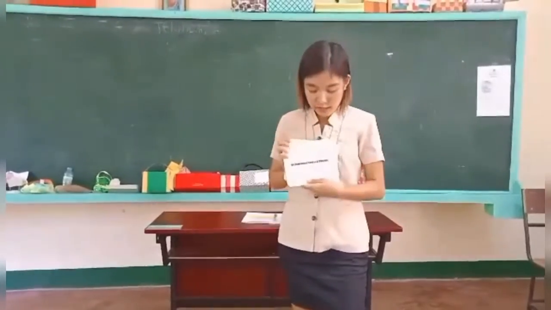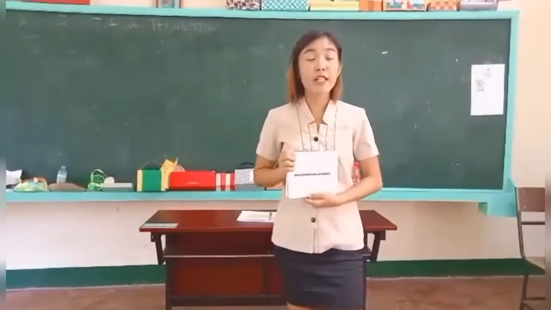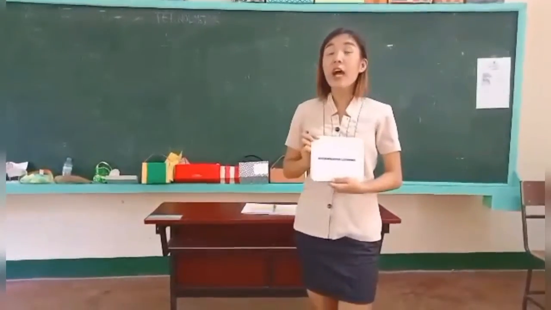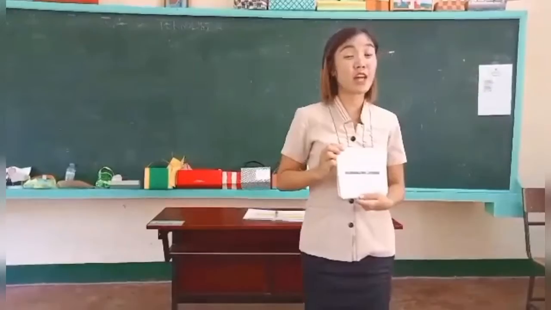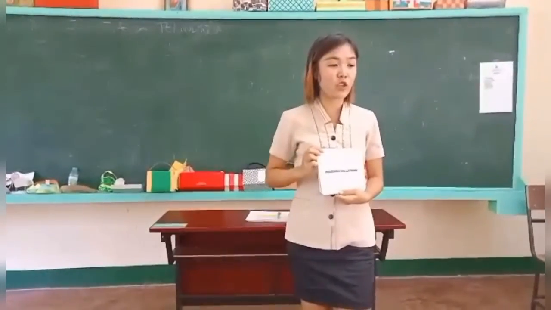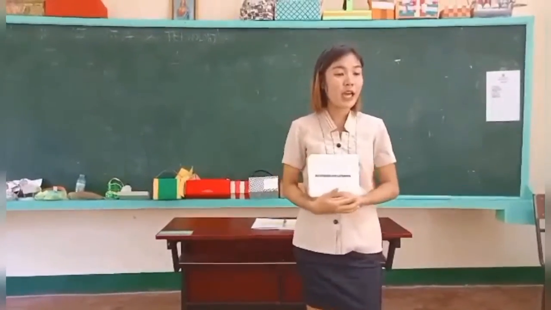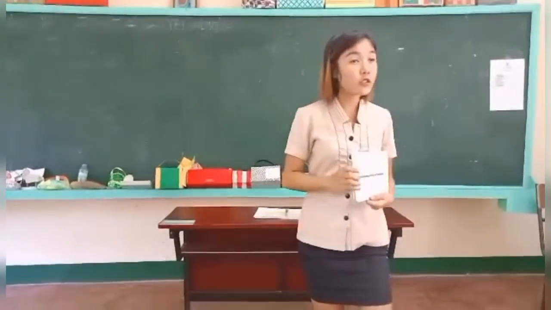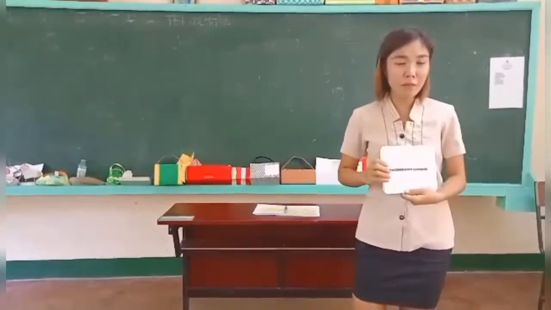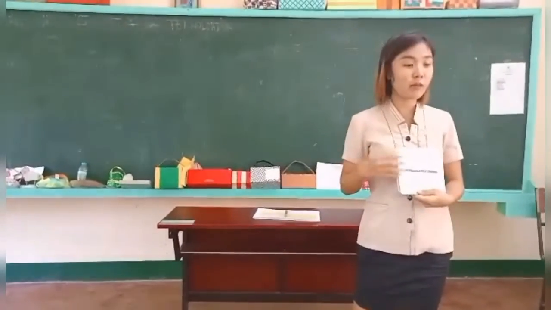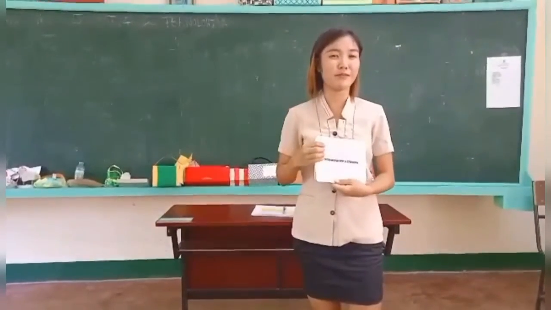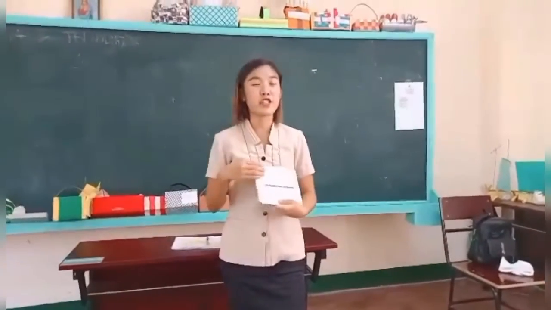The next one is discriminative listening. Discriminative listening is a basic type of listening. Here, the listener distinguishes the sounds from the source or the environment. Or discriminative listening is that you listen to a specific sound. For example, a doctor is listening to the heartbeat of the baby. So the doctor discriminates and interprets the sounds by just listening to the heartbeat of the baby. Are you still with me, class? Yes, ma'am. Okay, let's continue.